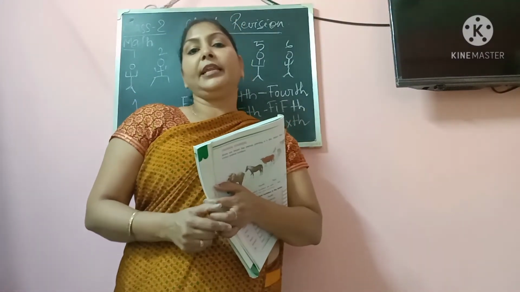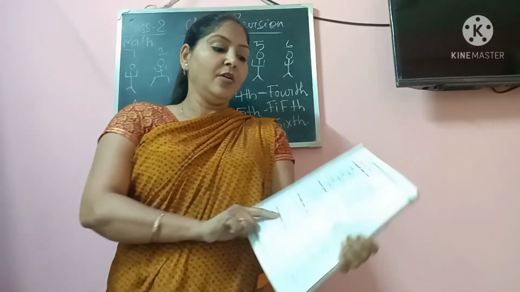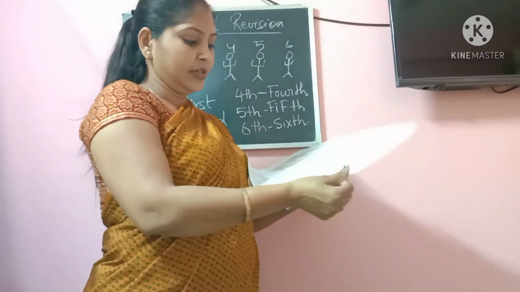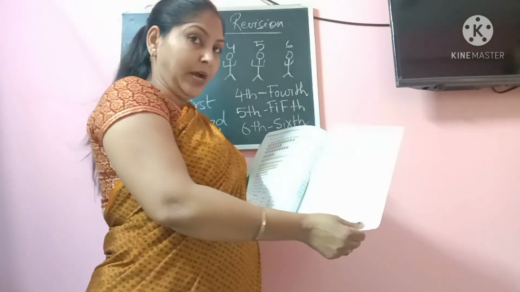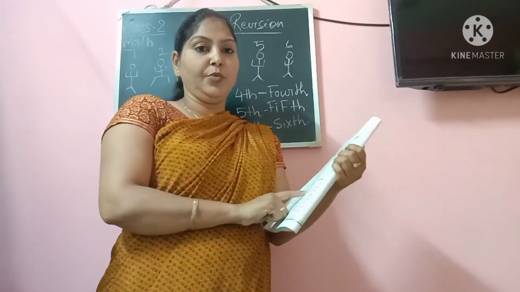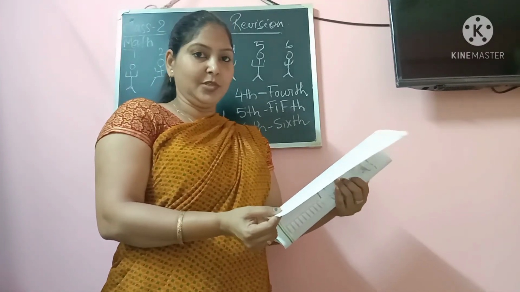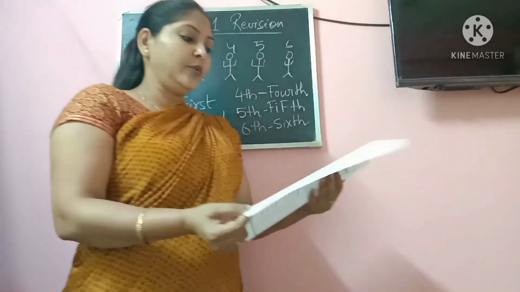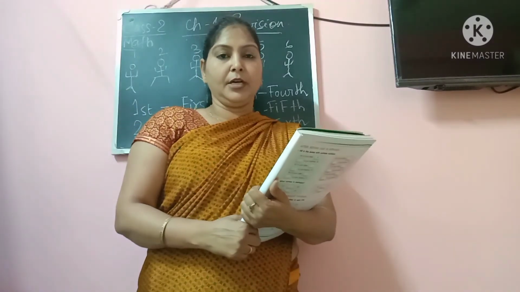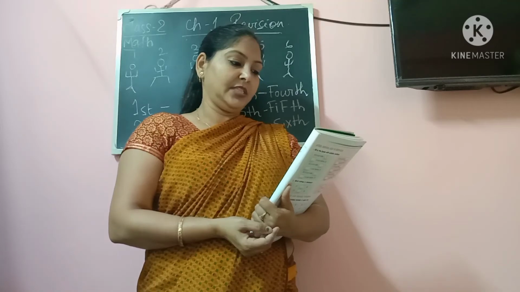Now next is after, before and between. This topic I will be taking in the next class. So far what you have to do is page number 7, skip counting, and page number 8, which is ordinal number. This you will be doing in the copy. You will not do it in the book. Please do it in the copy only, so that I can check your copy and do the required rectification if there is any.